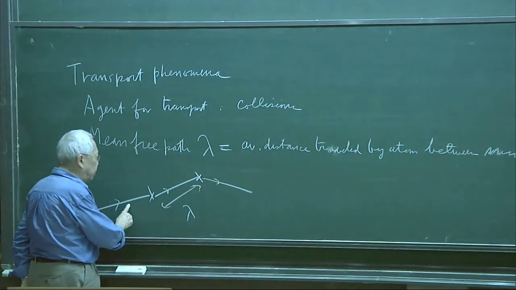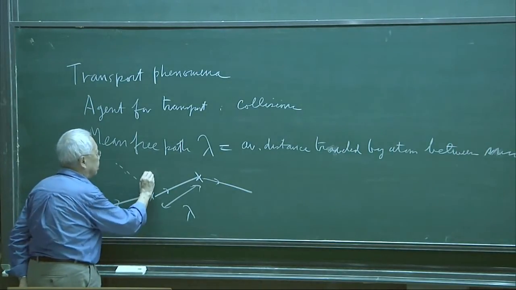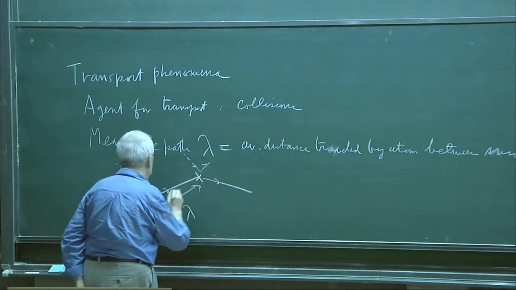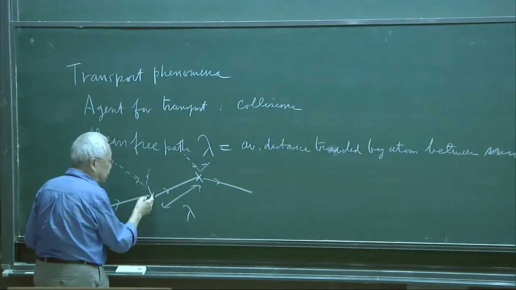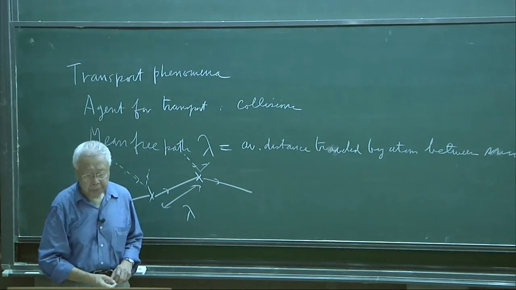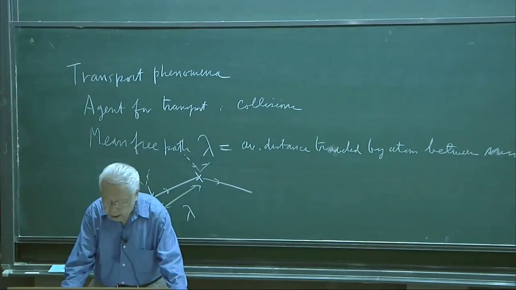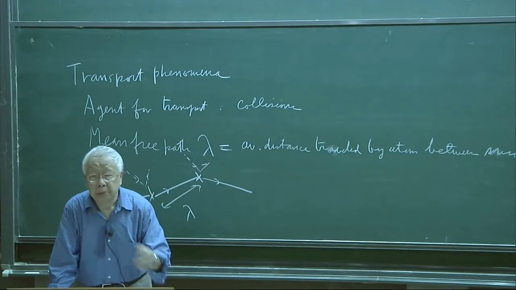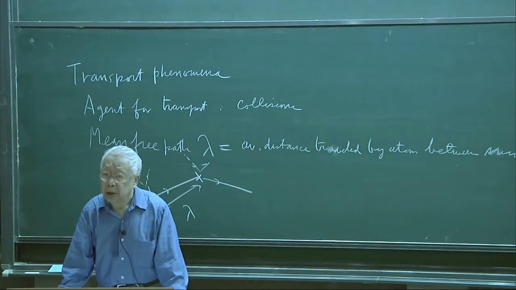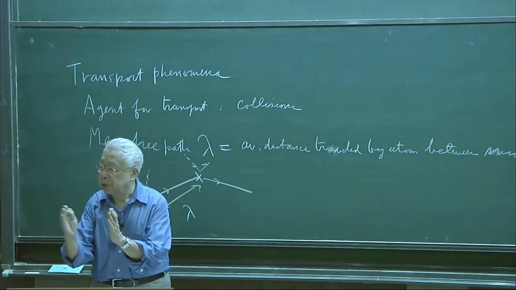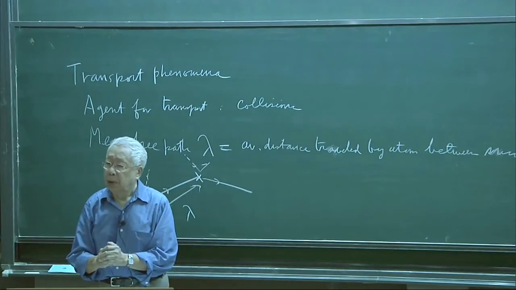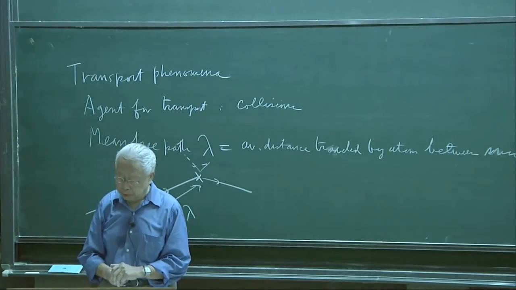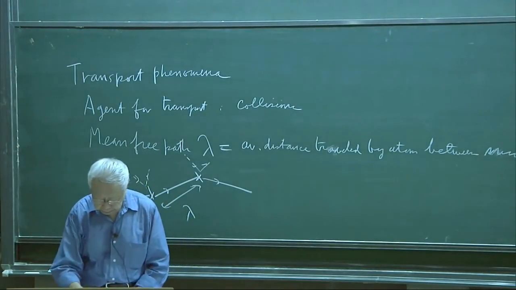But of course, when an atom collides, there's a partner that also gets kicked out. We're just going on this one atom, but of course, there must be a partner in the collision. We would like to calculate the mean free path as a function of temperature. So what is the mean free path? Because that will tell us how far things get transported when the system approaches equilibrium. So that's the fundamental quantity in transport phenomena. So let us compute it.